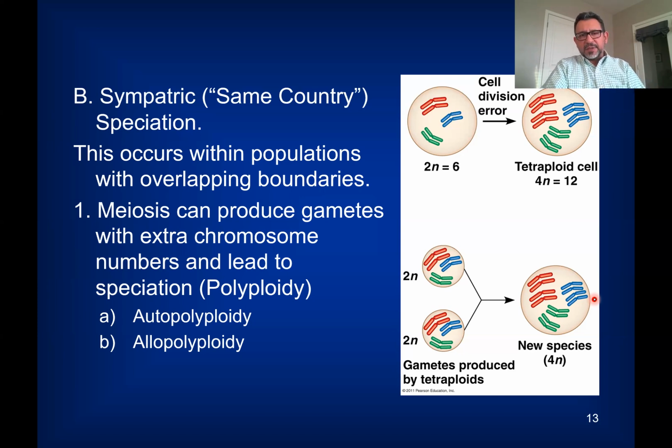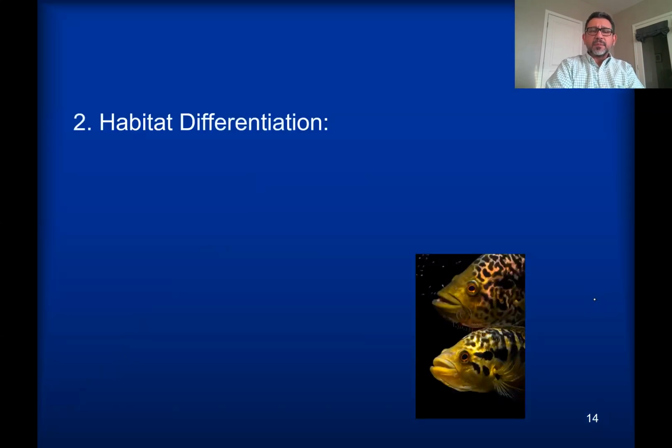So this is one example of how in one place you can have, through errors in meiosis and mitosis, the development of new species. By the way, I want to emphasize that autopolyploidy and allopolyploidy are examples we see in plants. In animals, an offspring that develops with extra sets of chromosomes most likely will not survive and will not be fertile at all. So polyploidy is an example of something we see in plants only.